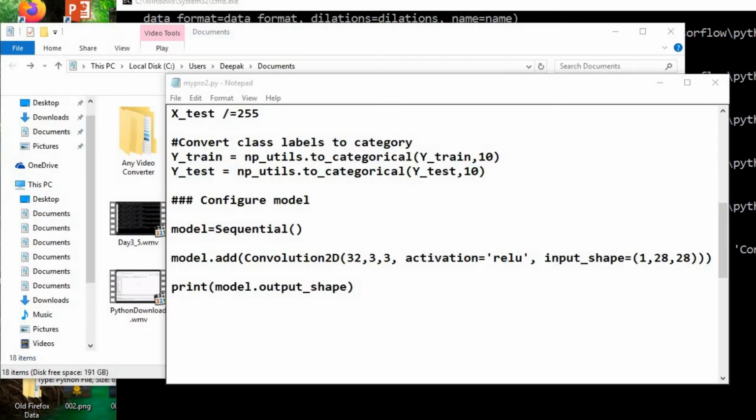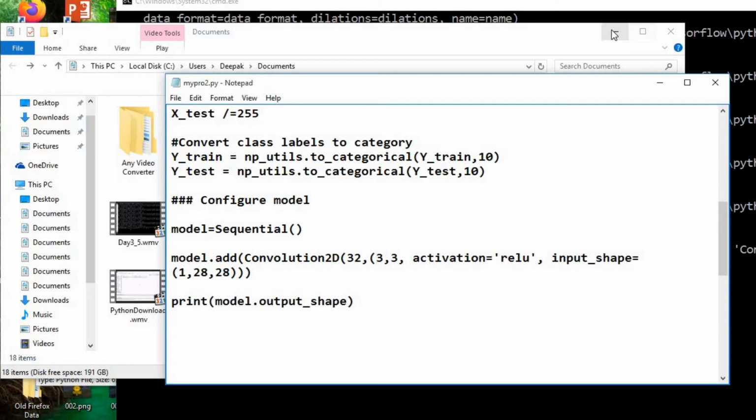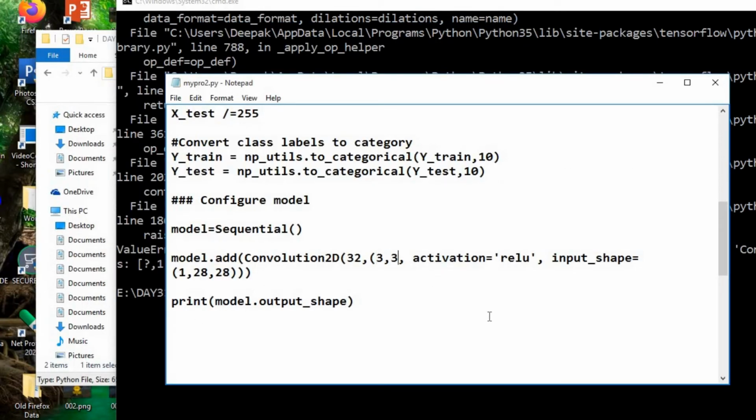So here one more convolutional 2D associated error has come, that it has indicated question mark, comma 1, comma 28, comma 28, 3, comma 3, comma 28, comma 32. Okay, so here let us write it in terms of old fashioned format in Python. Here we will have to specify the data format that is going to be input to this model. So let us mention data format here.